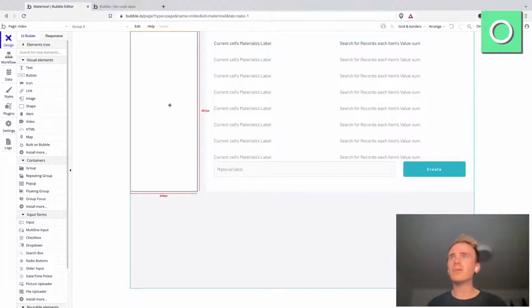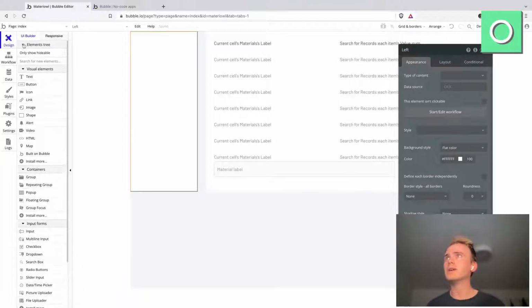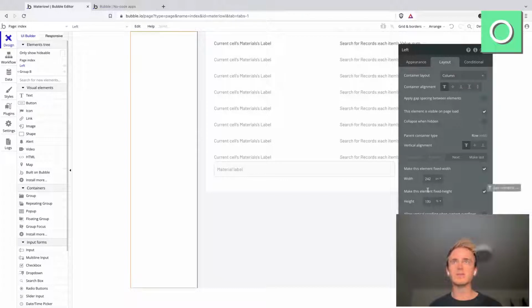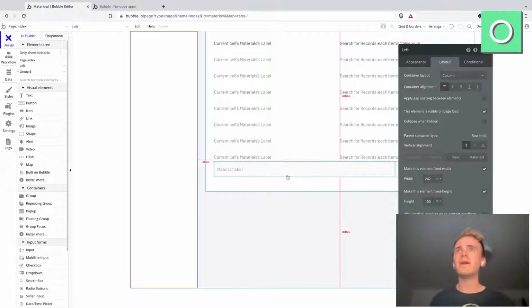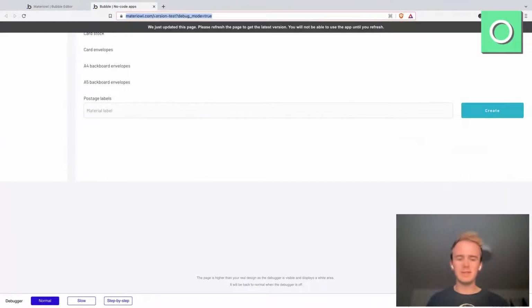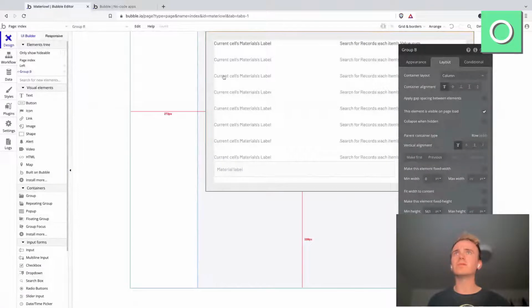I've got my left-hand sidebar here, and I'm just going to relabel this left, pop open the element tree so I can keep track of everything, and then set a fixed height of 100 because I want it to fill the full height of the screen. And then I've got the body of my page here, and if I go on to preview, this is a list of the materials that I want to track, materials in, materials out. So I'm going to label this materials,